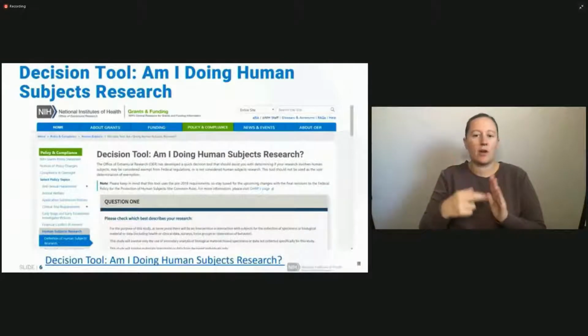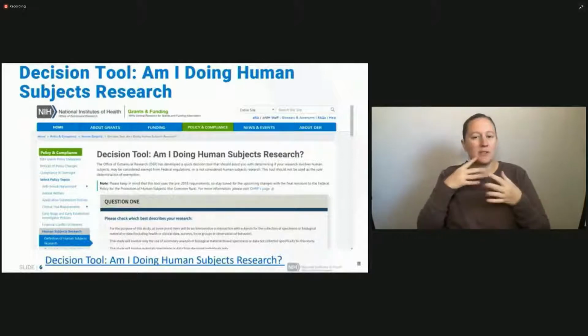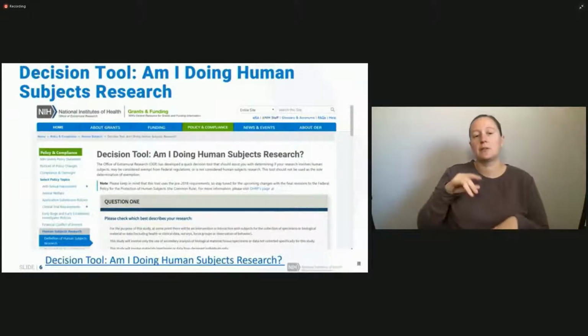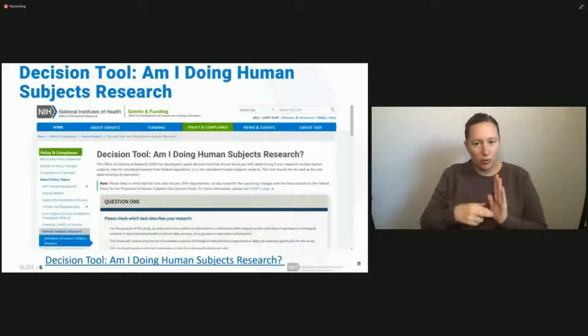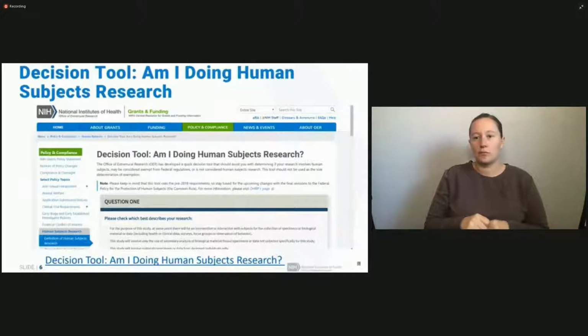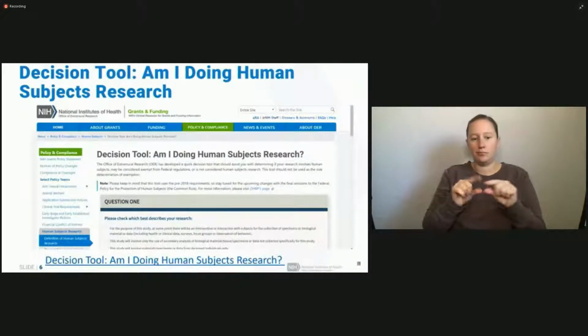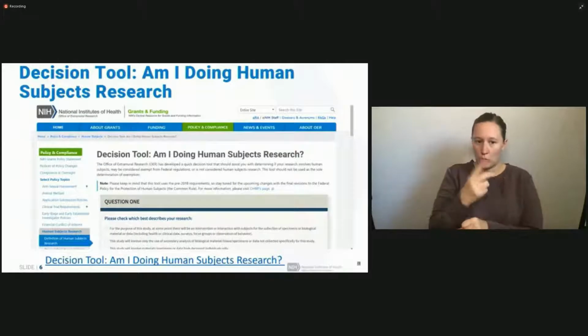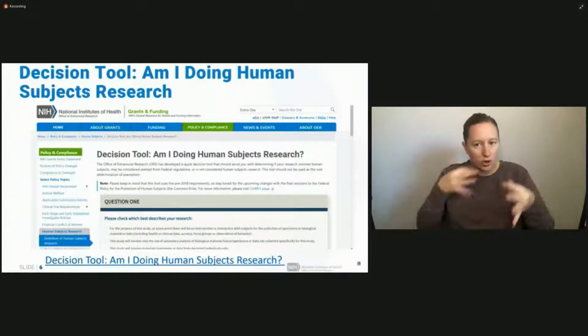So NIH has a quick decision tool that will assist you in determining if your research involves human subjects, if it's exempt from the federal regulations, or if it's not considered human subjects research. And the link for this tool is available on this slide. Please note that you should not use this tool as the sole determination of whether your study is exempt